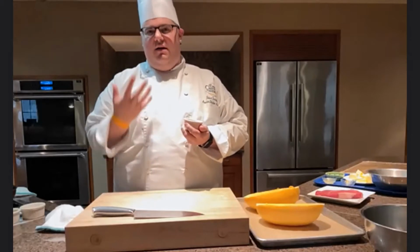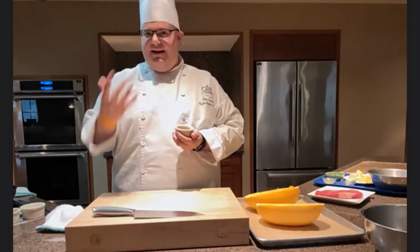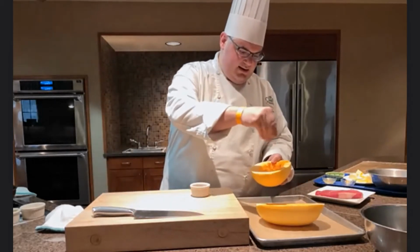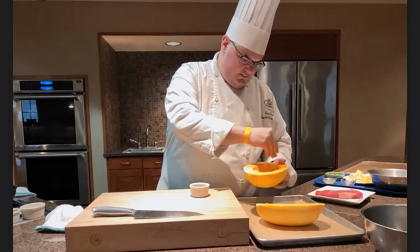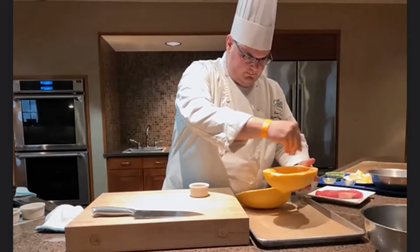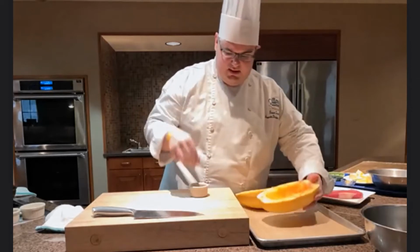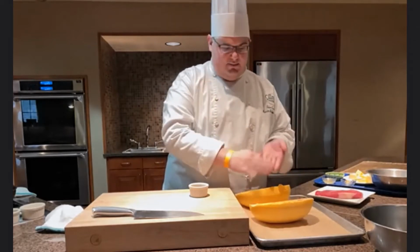It does have some of those nice characteristics, that sweetness that comes through from the flesh of the vegetable as it is. But it can definitely take a lot of seasoning and stand up to that. So we're going to season up the crevice of it. We want to get it nice and covered all over the first half of our squash. Okay. Make sure that it's evenly distributed. Like I said, this can take a decent amount of seasoning, so don't be shy about being somewhat liberal with it. And the fact that we mixed our salt into our other spices is going to season it with the salt, and it's going to season it with the peppers